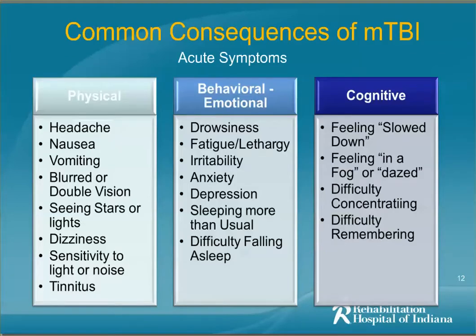In concussion, there can be a lot of acute symptoms that the individual is complaining of. Again, if we put them into domain categories, in the physical category, headaches, nausea, vomiting, blurred or double vision, seeing stars or lights, dizziness, sensitivity to light or noise, and tinnitus or ringing in the ears are common complaints. In the behavioral emotional category, things like drowsiness, fatigue and lethargy, irritability, anxiety, depression, changes in sleeping patterns and changes